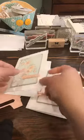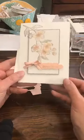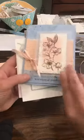It has helped me, and I very rarely have a bend in my cutting pads, so I thought I would share that with you guys. Okay, so that one was really simple. That didn't take me very much time to make at all. And that's, again, with the